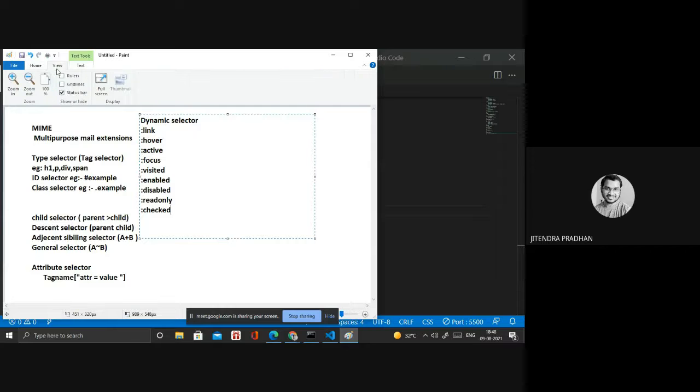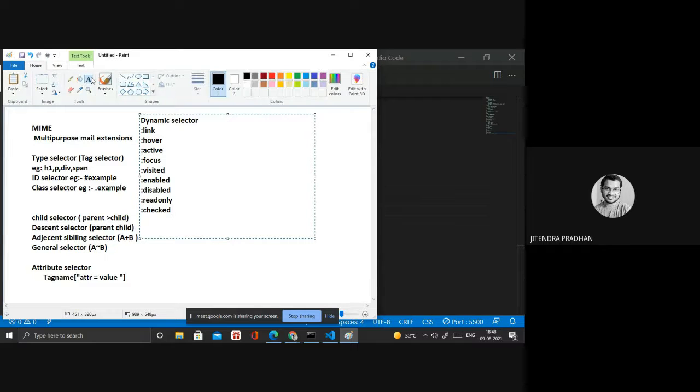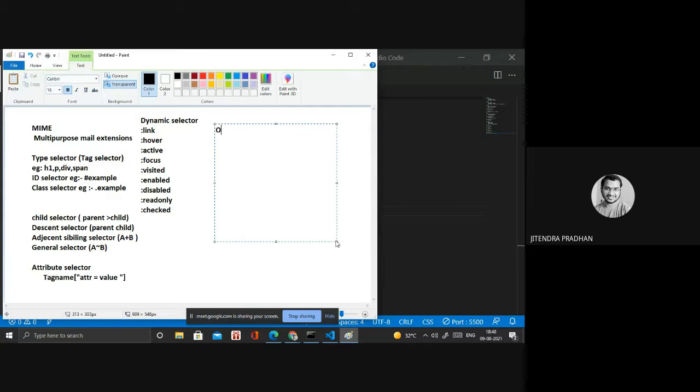Okay, so next one is the pseudo element selector. What is that? Let's see. Pseudo element selector. So what is the pseudo element? It is first line, and we have first letter.